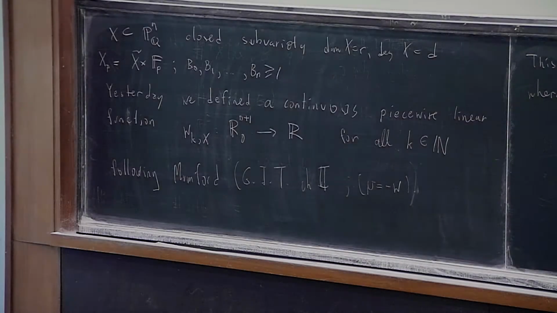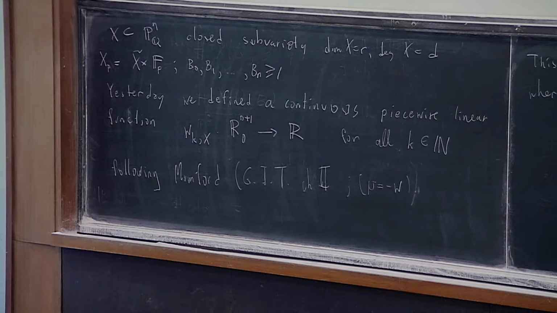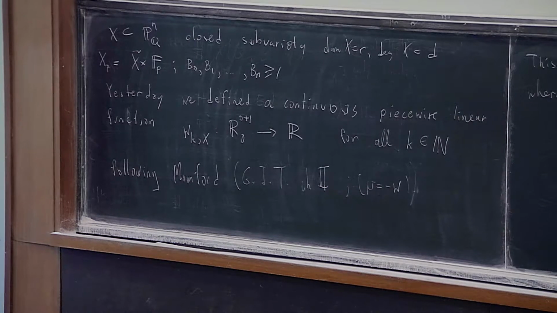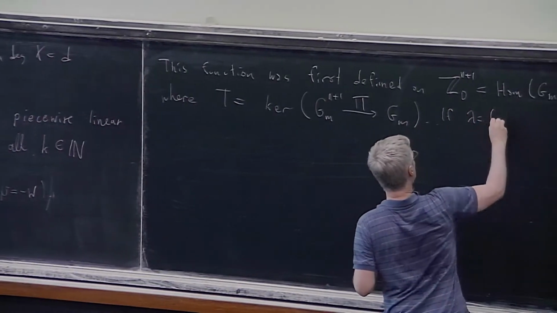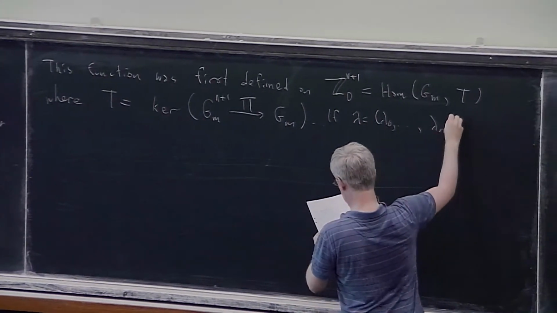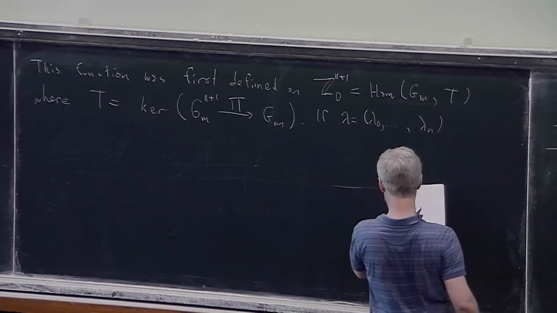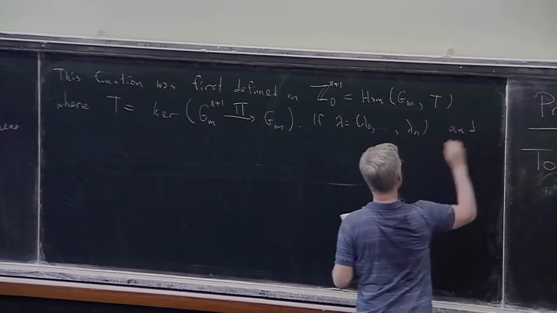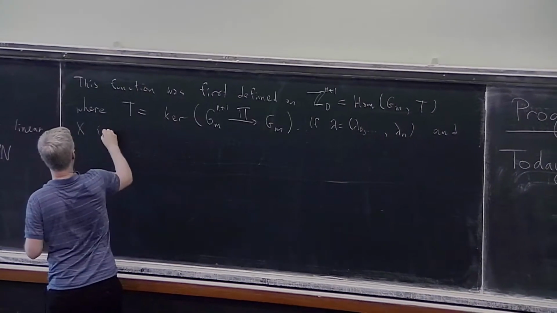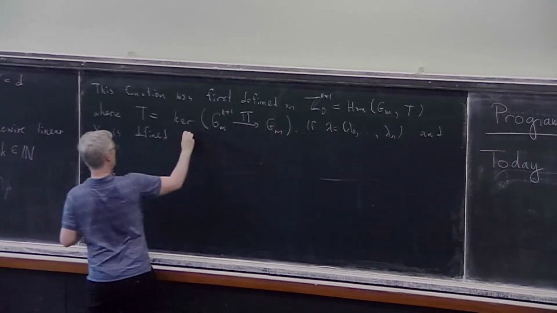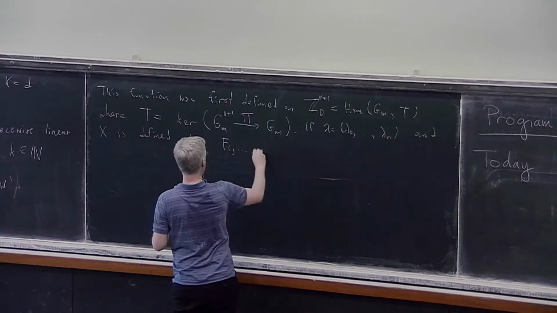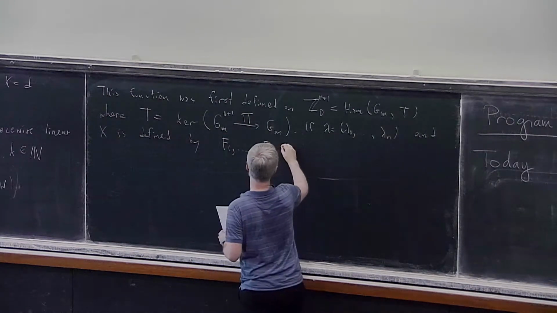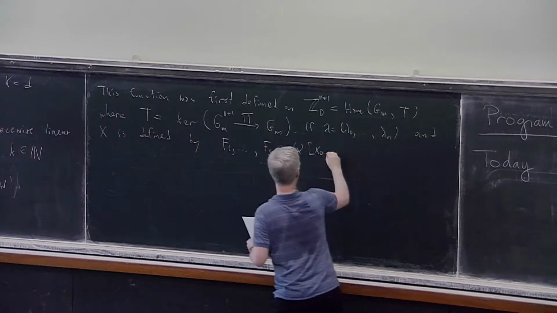All n plus 1 tuples such that the product is 1. So I can identify these one parameter subgroups with this free Z module here. If now lambda equals lambda 0 to lambda n, and x is defined by these polynomials f1, ..., fs, belonging to this homogeneous coordinate ring,